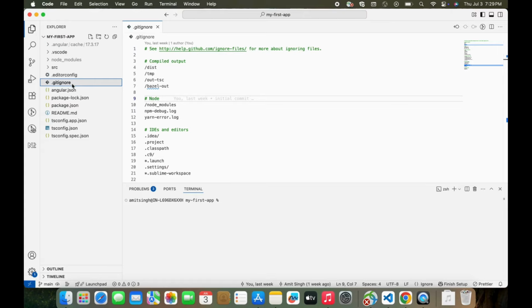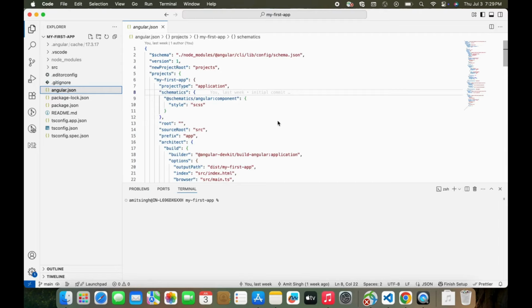So now let's come to the angular.json. This is the workspace configuration file for Angular CLI. Basically you are creating a workspace and you are creating a project. So you define the configuration of your whole workspace here, how it works. If you open this file, you will see different